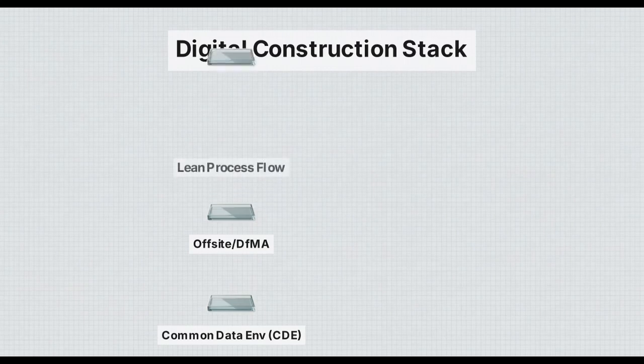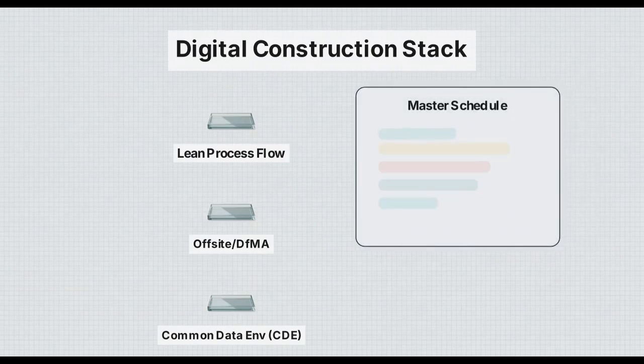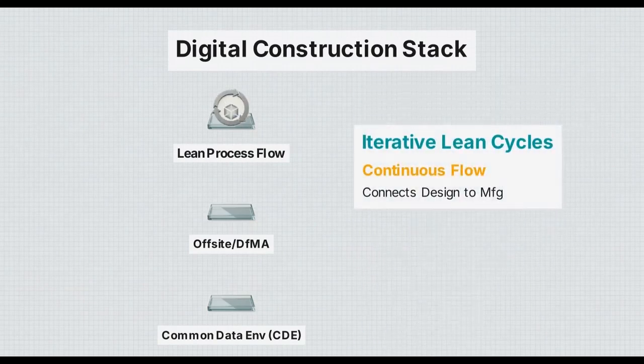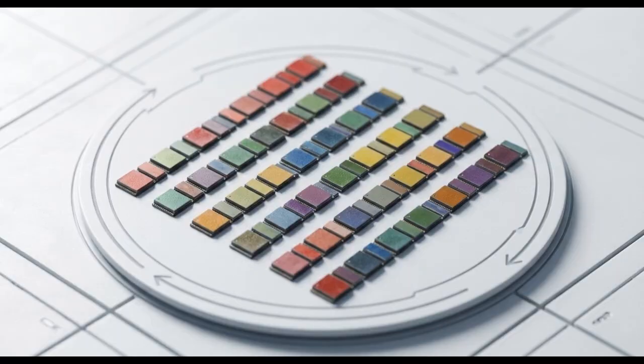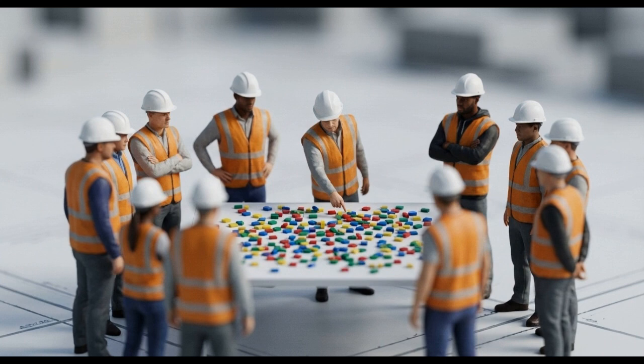The third layer is lean construction, an operational philosophy focused on maximizing value by systematically eliminating waste. When top-down, rigid Gantt charts shatter under real-world variables, they are replaced by iterative lean flow cycles that connect design and manufacturing. The primary tool for the Quantum project is the Last Planner System, or LPS. The Last Planner System is a collaborative planning framework where those responsible for executing the work make the final commitments